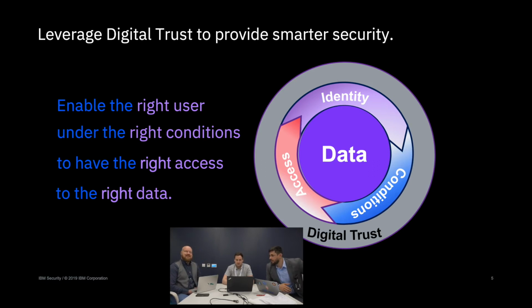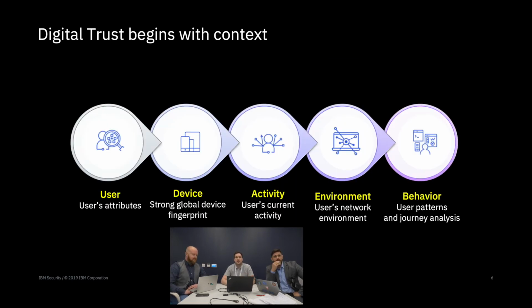That's very good. Yeah, exactly, and that's where the idea of conditional access comes in, and again we'll touch on this more. Those rules build off the context that you'll get. And speaking of context, in terms of the digital trust side of things, this is what we mean when we look at context. The user's attributes: your email address, all the stuff contained in a normal user profile. Your device fingerprints, in terms of operating systems. What are you coming from? Is it a company-owned device? All that kind of stuff.